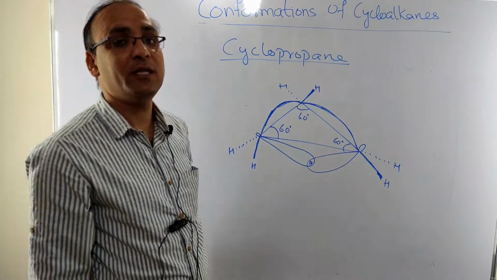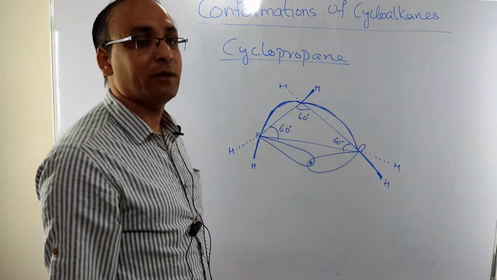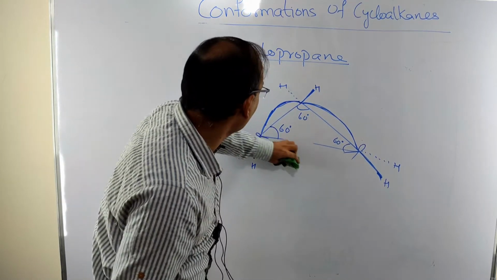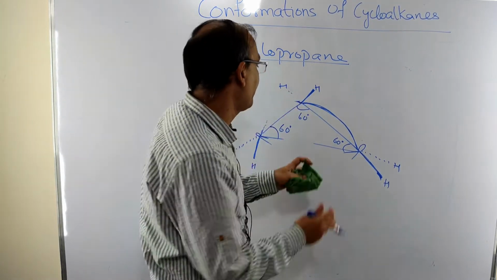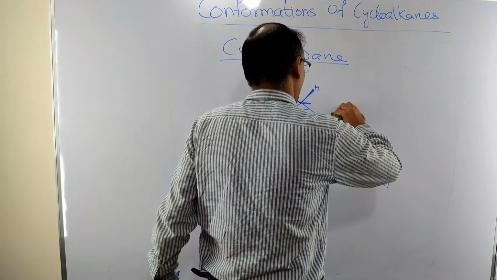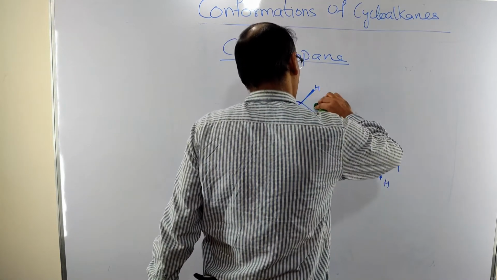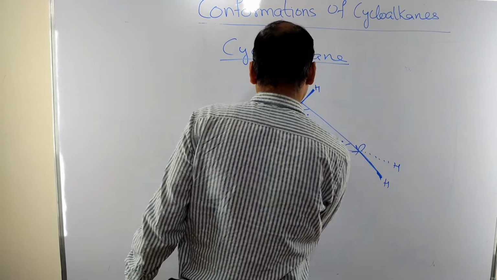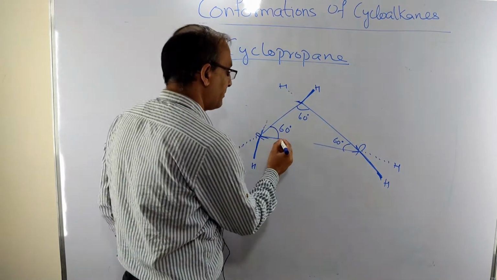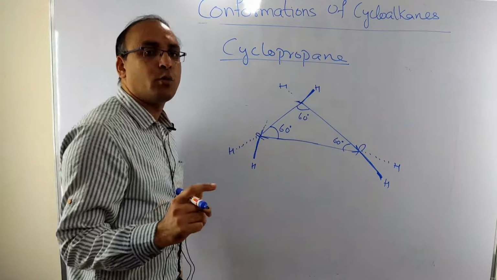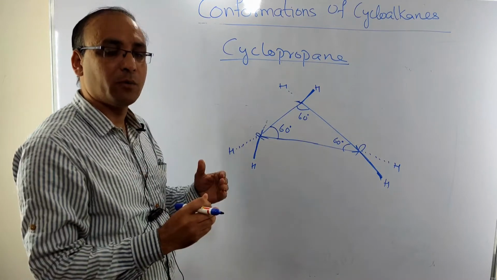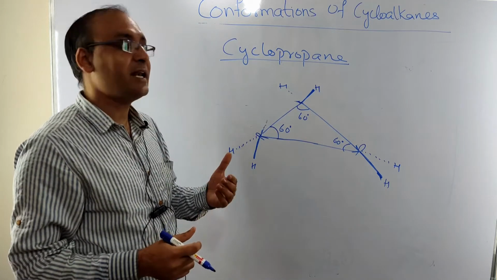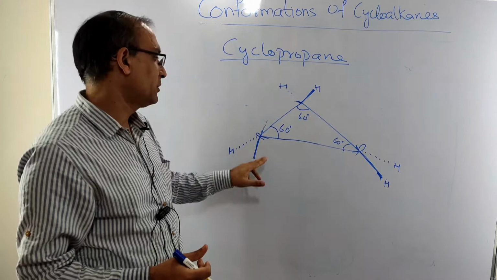What is the significance of this bent bond? Now this is very interesting and it's very important also, please pay attention. Okay, so what it means is, in the bent bond, there is more p character than in an sp3 hybridized carbon. What it means is,